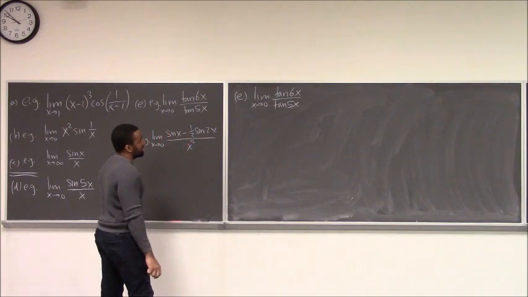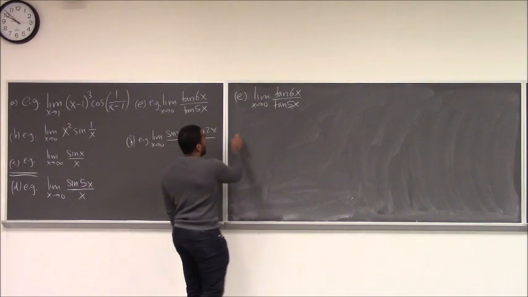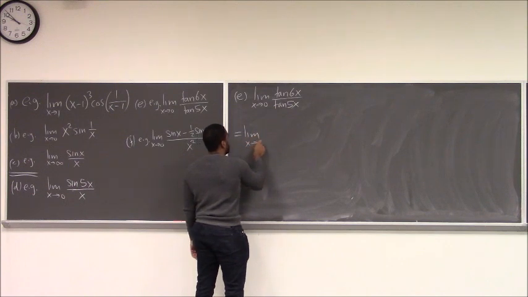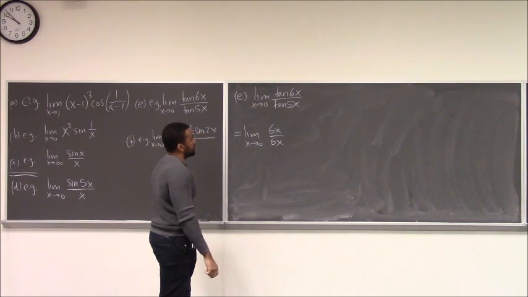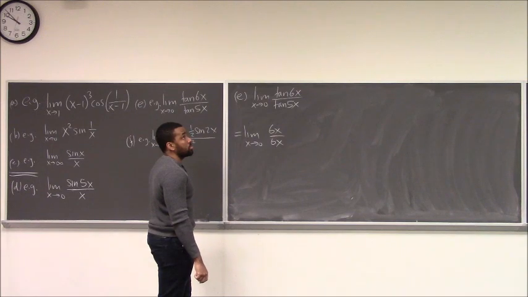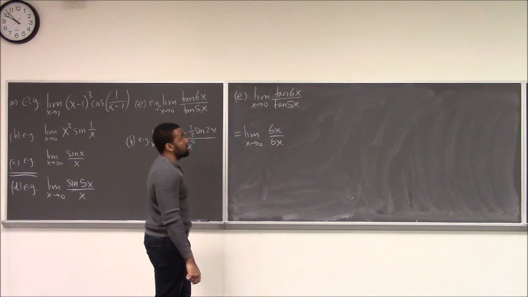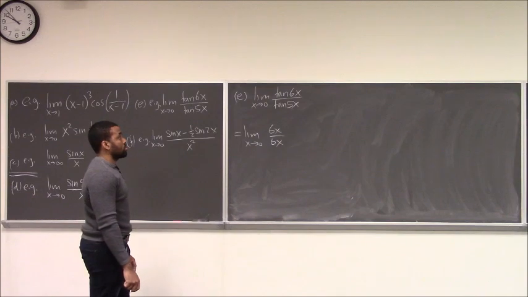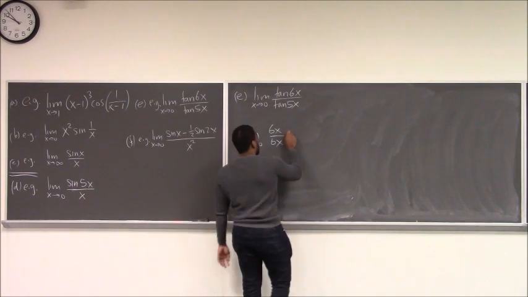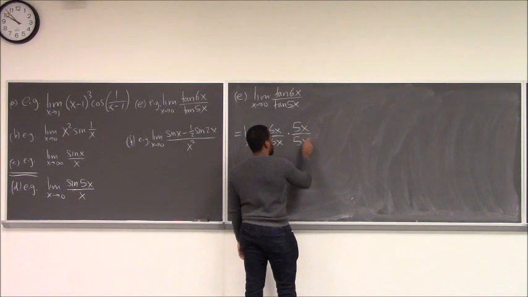I multiplied the top and bottom by 6x, and then each of those multiplied by tangent of 6x or tangent of 5x. And then I separated it into 3 things. This is probably not the simplest way to do it, but I separated it into tangent of 6x over 6x times 5x over tangent of 5x times x. Okay, so let's just do it all at once. So multiply by 5x over 5x.